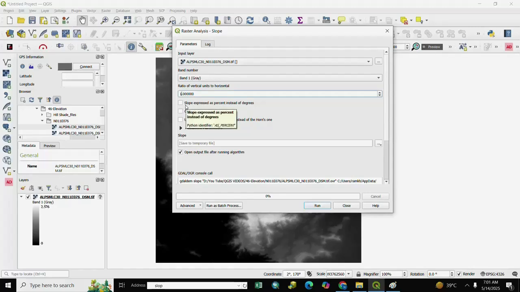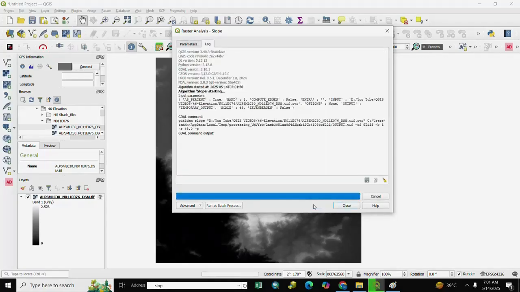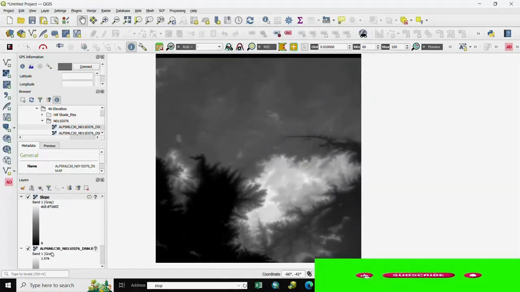We write 45 here and we tick slope expressed as percent instead of degree. After it, we run and close it.